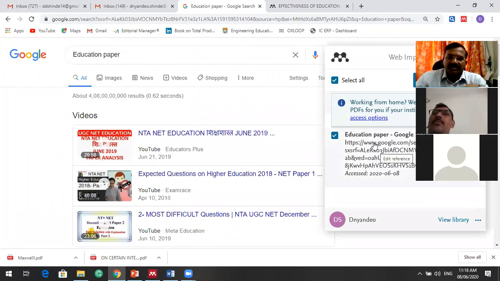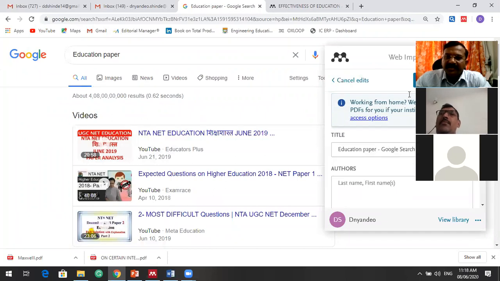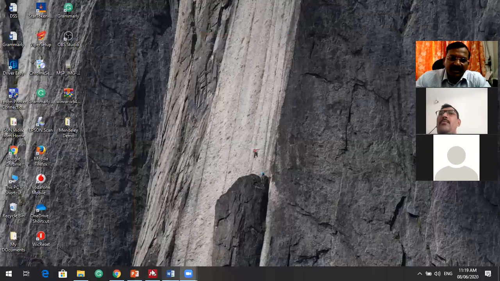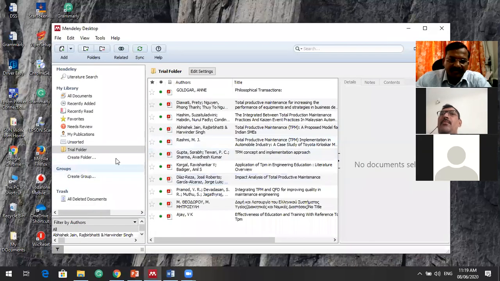So it will show the papers which are related to your search in this, and then you can select and you can add to the Mendeley. So this is how with 3 modes or 3 methods you can go on adding the references to your library.